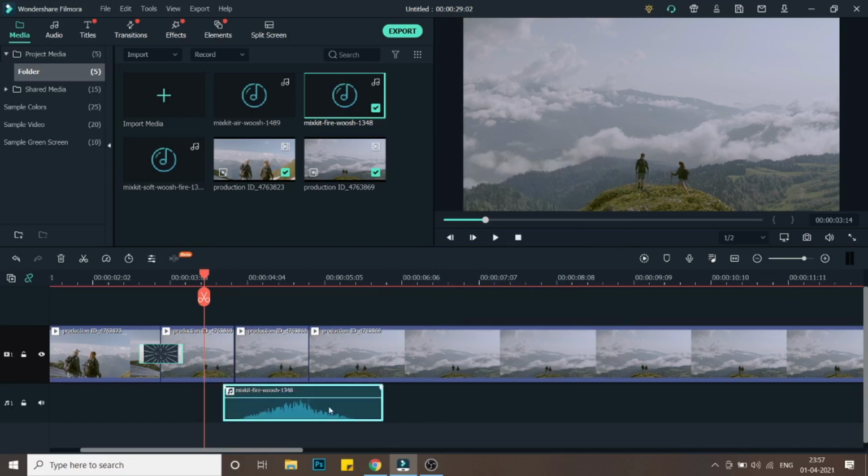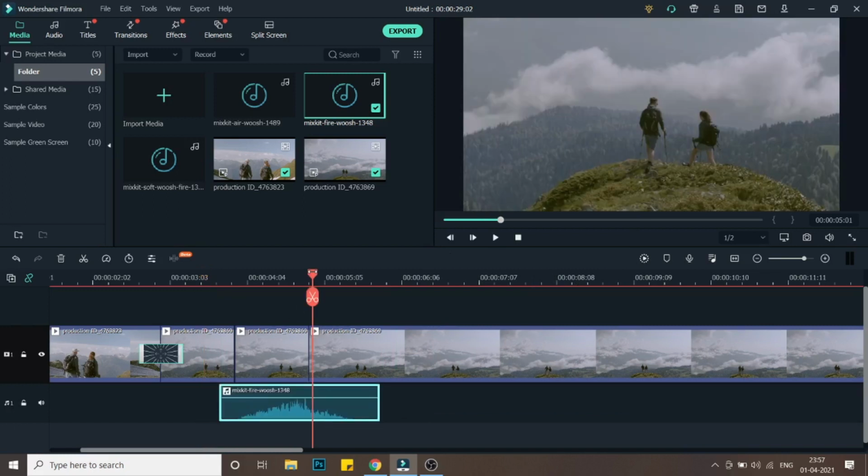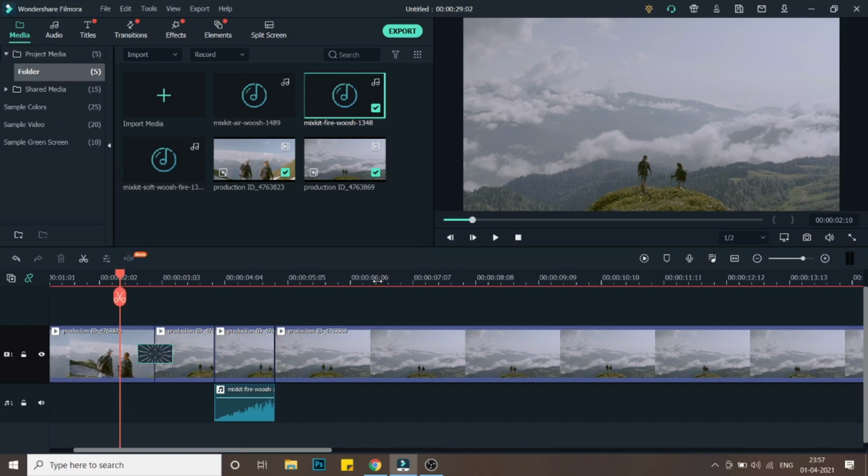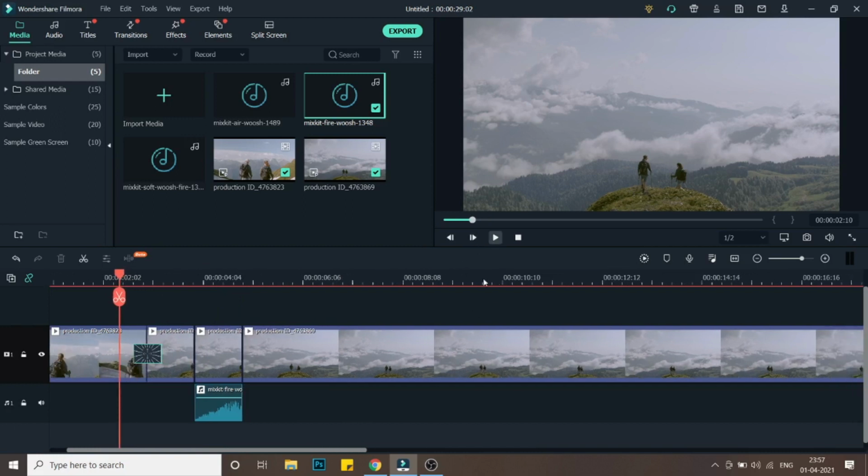Let me just enable timeline snap, and here let me align this, and I will cut short the rest of the video and the beginning, so that the sound effect is only for this part. And now let's just see the complete effect in motion.